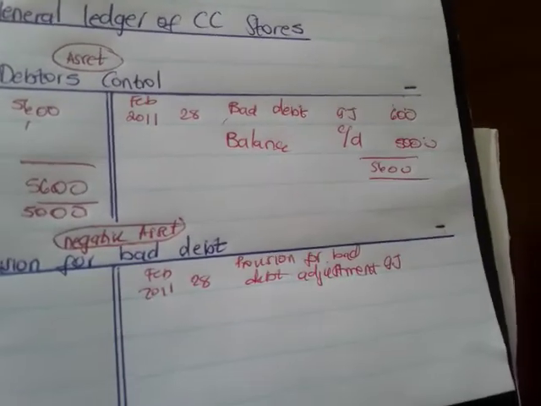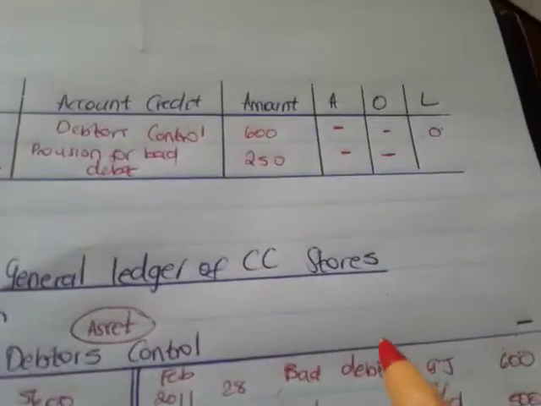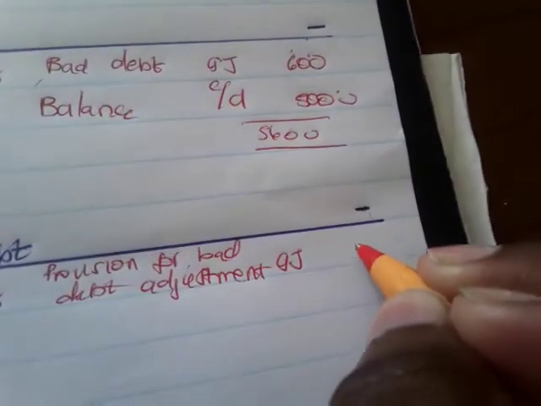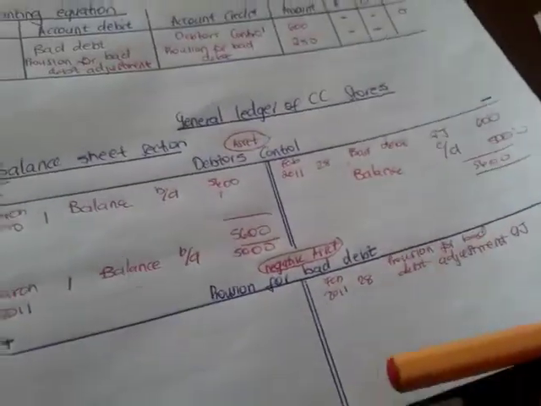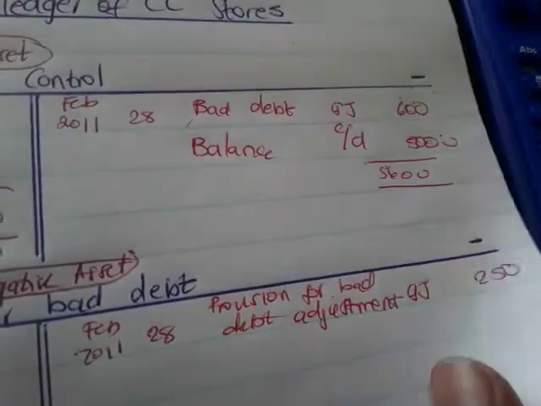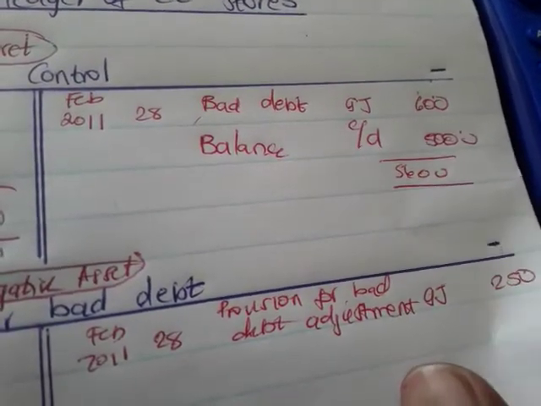So what was our provision for bad debt adjustment? It was 250. So you take it to this account, right? And you go to your nominal account section, and you also have to take it to your provision for bad debt adjustment, right? Okay, so